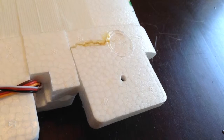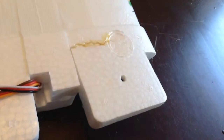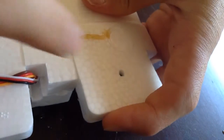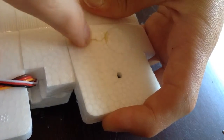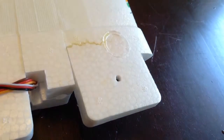Okay, so now that we have our glue in place, what I'm going to do is just grab anything. I don't know what would be the best for this. Probably like a piece of scrap paper or something. And just push that closed. And I'm just going to use my finger because I can. Just wipe off any excess